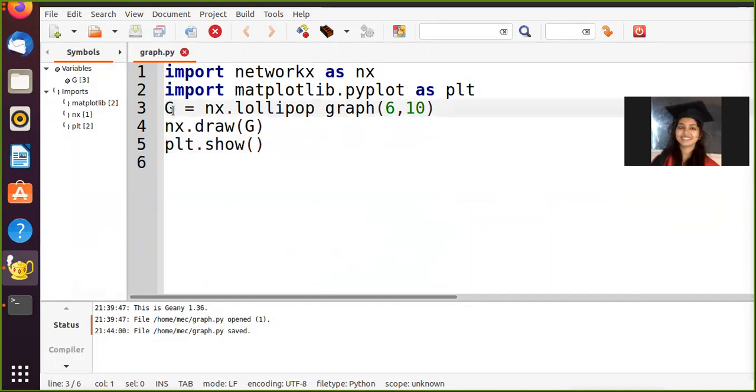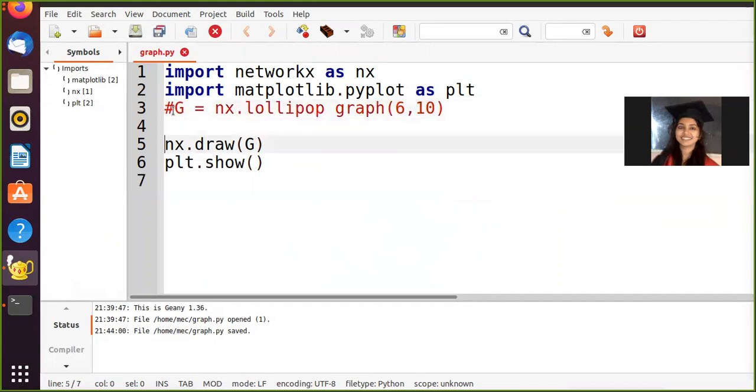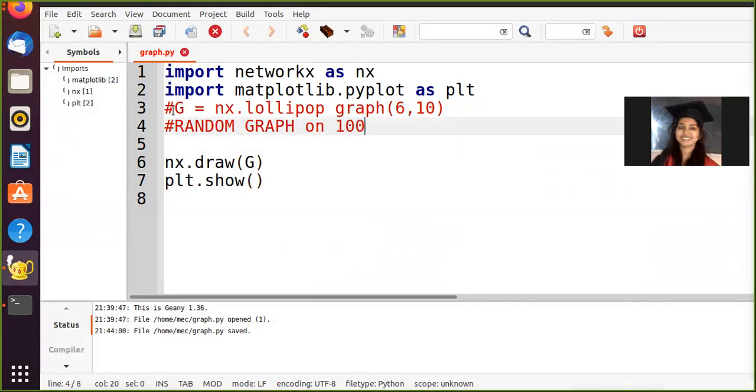So I'm just going to comment this line here, and we are now trying to write a code for a random graph. Assume that I want a random graph on 1000 nodes. Definitely you can also take it as an input from the user, but I'm not going to do that at this stage.